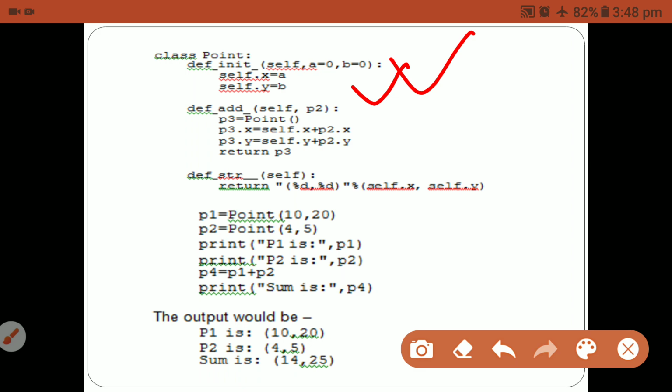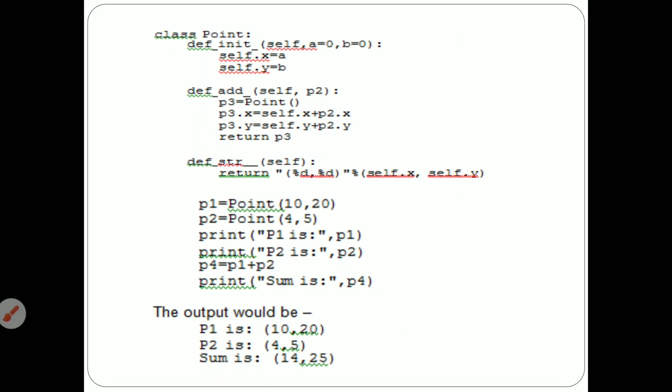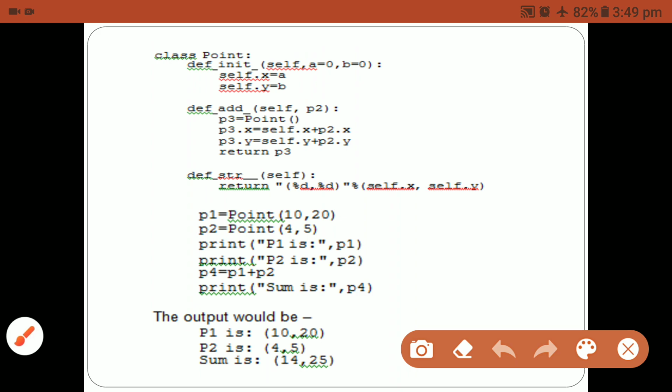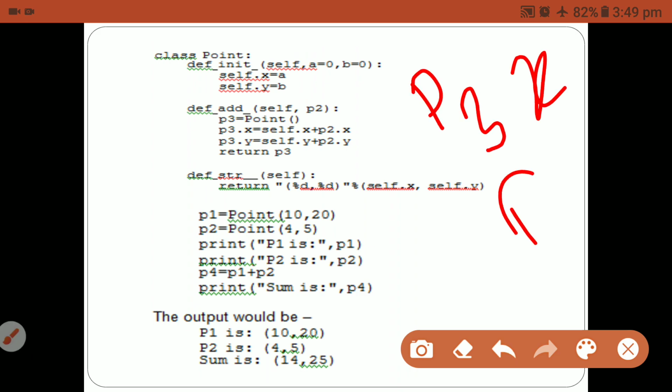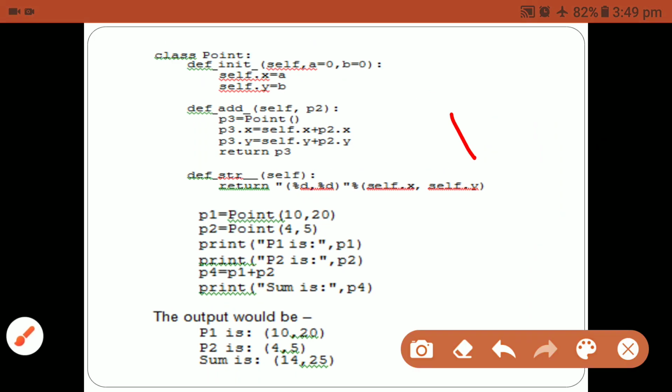So with the help of the add method, with respect to the attributes, p2 will be storing p3.x and p3.y, and the object p3 is returned.